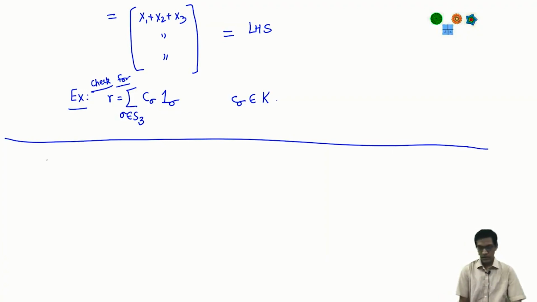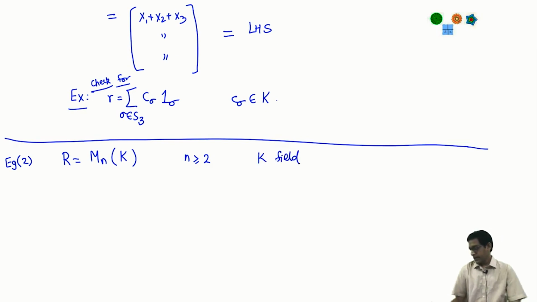Now here's a second example. Let's look at another non-abelian group, the group of n cross n matrices, a non-abelian ring, the ring of n cross n matrices over a field K. So let n be at least 2, K is any field. So this is the matrix ring, and recall from one of our last lectures that we constructed a module for this ring, and the module was just again k to the n, which is all column vectors of size n. And what was the action, which is the most obvious one? How does the ring R act on vectors from k to the n?